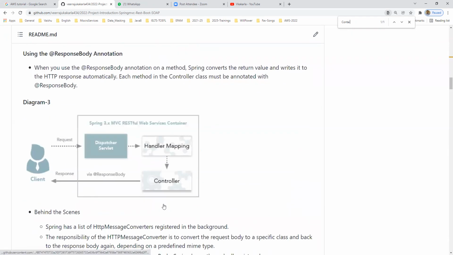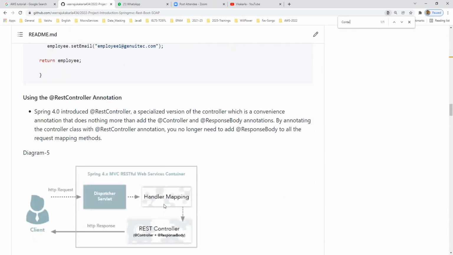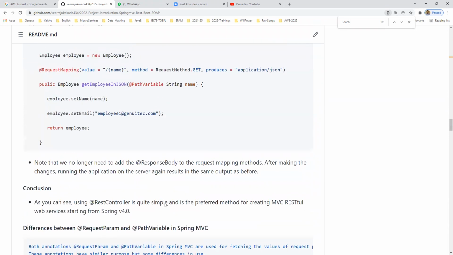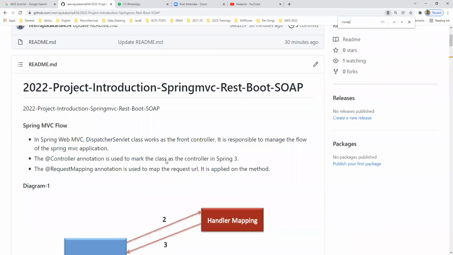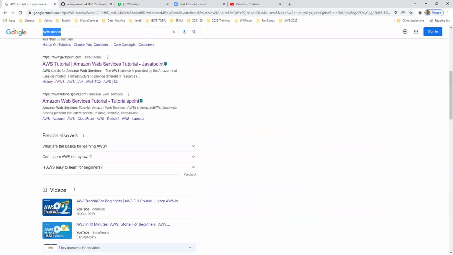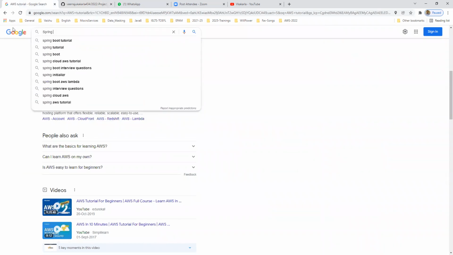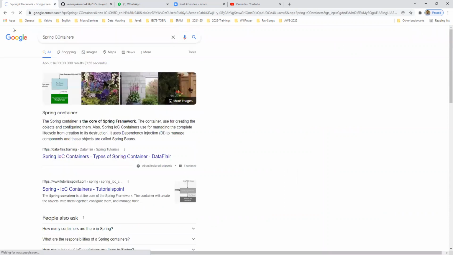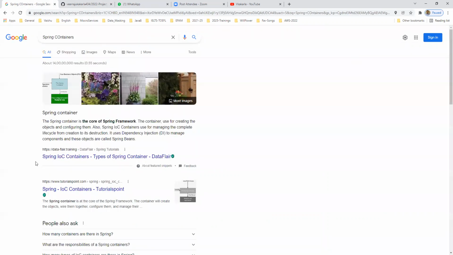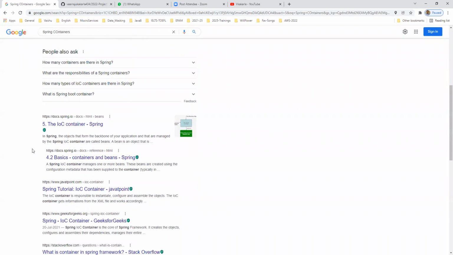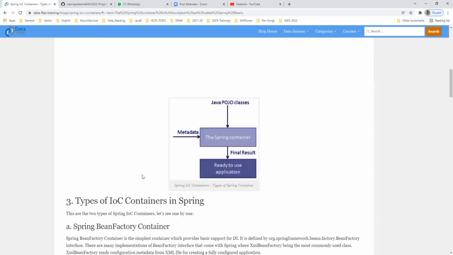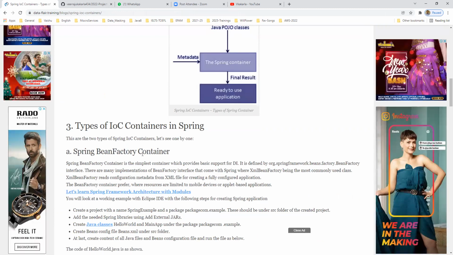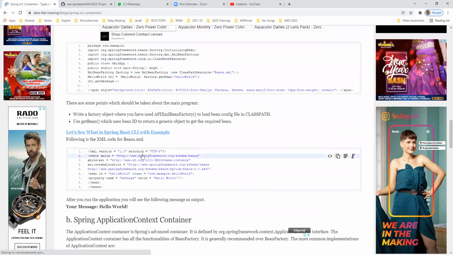So here, one is the bean factory and the second one is the application context.